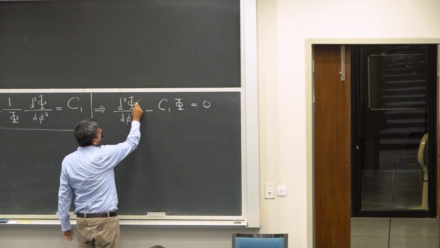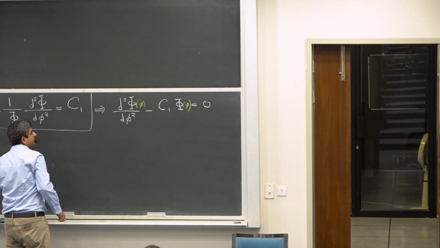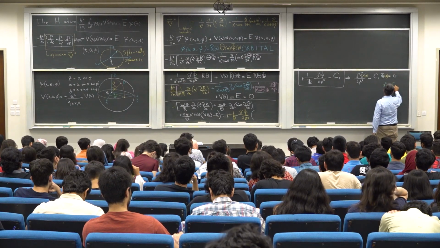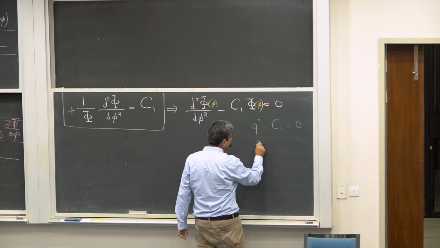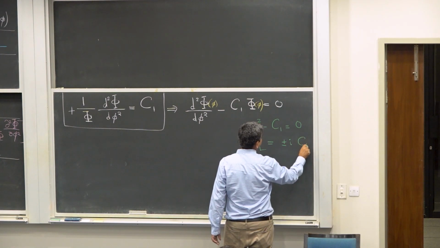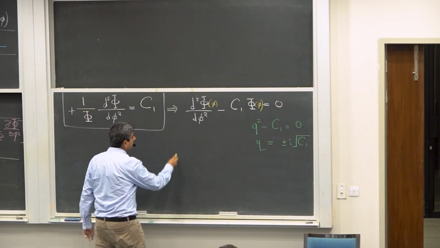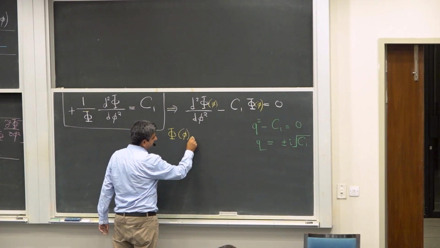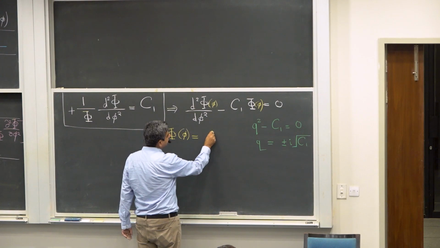This capital Phi is a function of small phi. If I were to write the auxiliary equation for this, this would be q square minus c1 equals 0. So the solution for this auxiliary equation is plus minus iota under root c1, right? Therefore, phi dependent upon phi is going to be proportional to some constant E